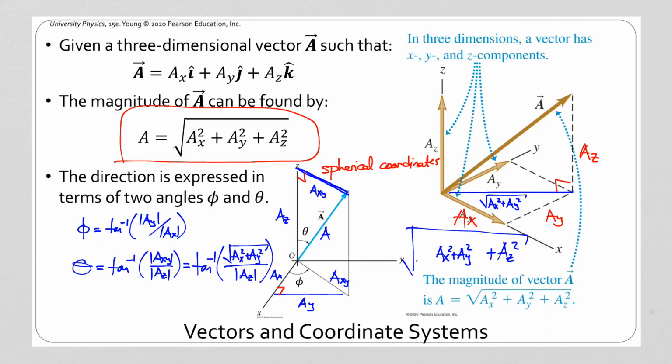We have to be, and in this case, actually, we have to be a little bit careful here. Here, we're assuming that Az is positive. If Az is negative,